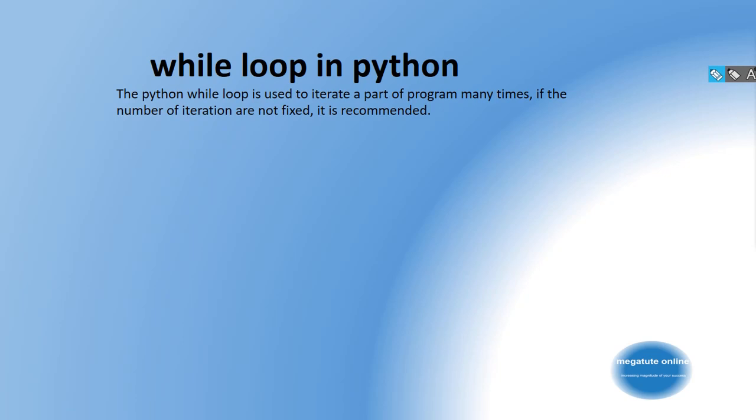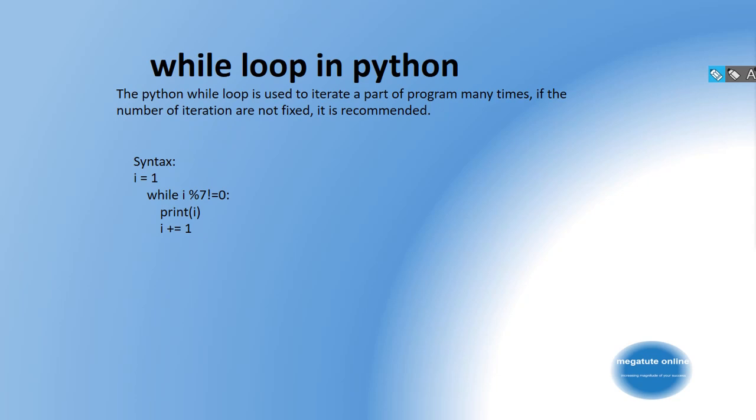Now we have the while loop in Python. The Python while loop is used to iterate a part of a program many times. If the number of iterations is not fixed, it is recommended. So we recommend the while loop if the number of iterations is not fixed, whereas we recommend the for loop when the number of iterations is fixed. Okay. So the syntax of this while loop is